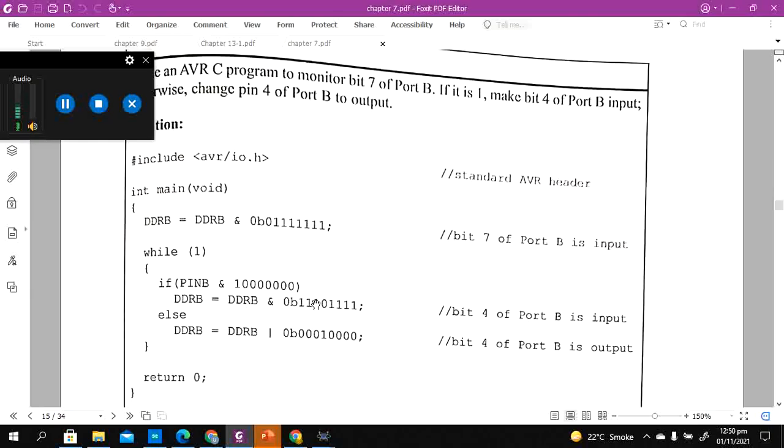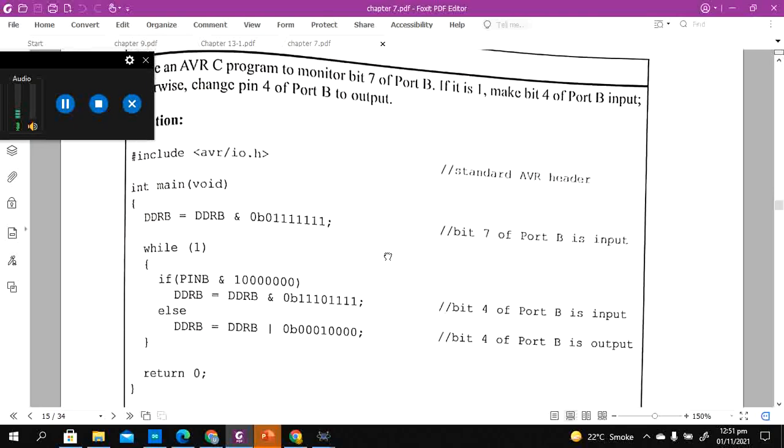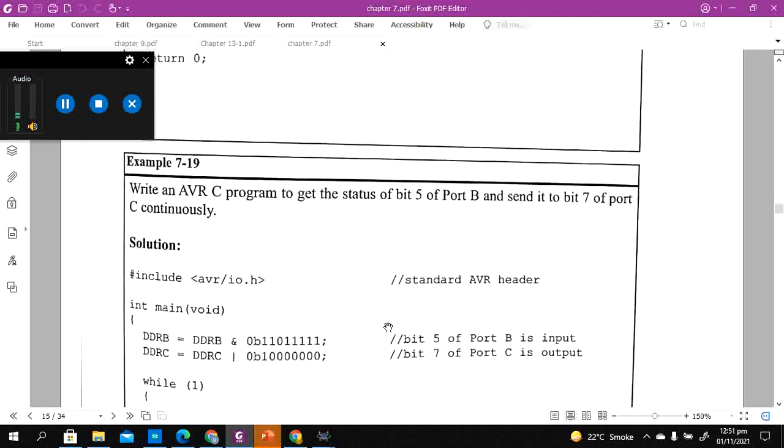This is a very interesting example when you usually read memories. Your port will do two operations: it will write, or it will read. Technically speaking, it will take input when it's reading from your external memory, and it will give output when it's writing to your external memory. So this example is very important when you are dealing with external memories. You can use this type of code to configure a port as input or output depending upon your particular program.